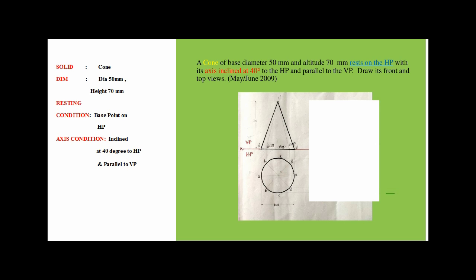If the axis is inclined to HP, in the first stage tilt the axis in such a way that the axis is perpendicular to HP and parallel to VP, so that the true shape is visible in the top view. First draw the top view, then project the front view. After drawing the first stage, rotate the front view in the clockwise direction, now without changing the dimensions.